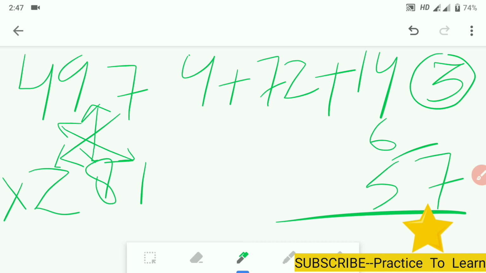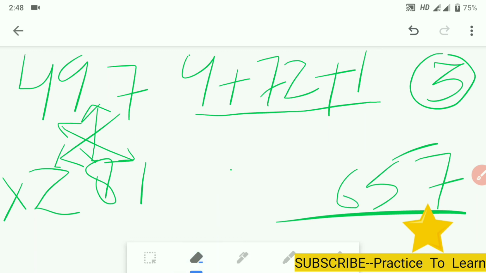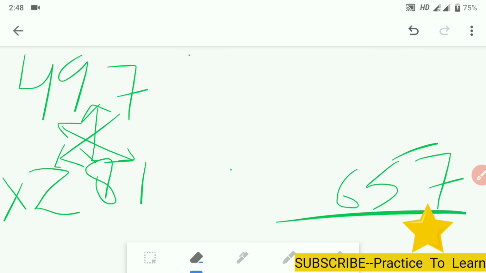70 plus 20 is equal to 90. 90 plus the number right here, that was carry, that is 96. 96 is the result, because we got 90 by adding all these three numbers, and then we add 6 to the result. That is, we got 90 plus 6 is equal to 96. In 96 we'll write only 6 right here, and 9 would be carry. So in step number 3 we got 9 as carry. I will write that right here, and I'll be erasing this as well.